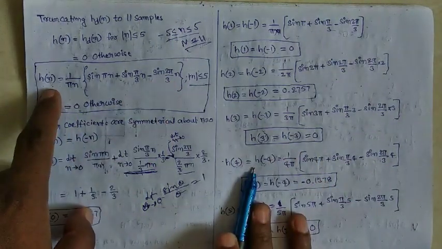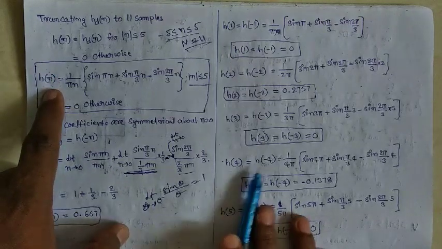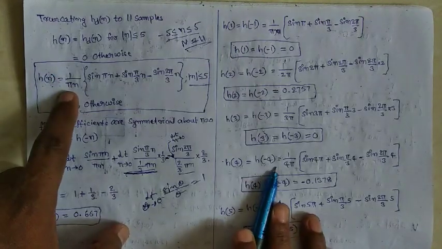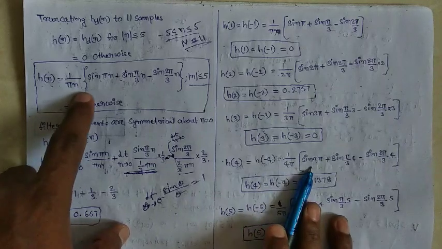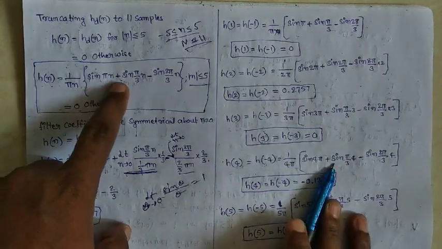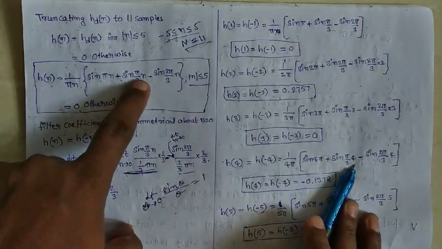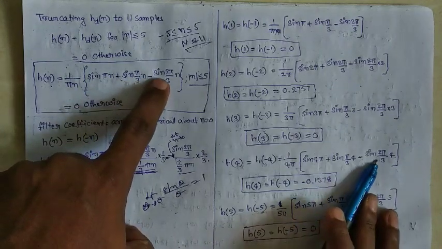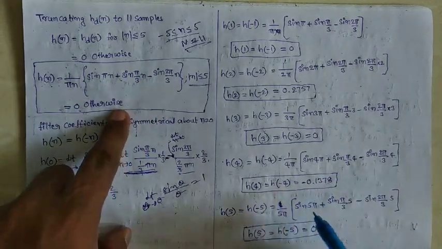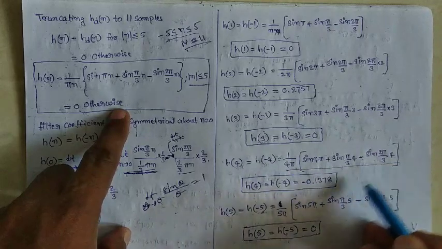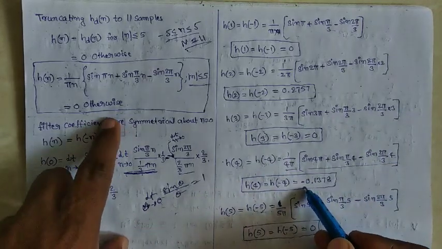Now we substitute n equal to 4: h of 4 is equal to h of minus 4, which is equal to 1 by 4 pi into sin 4 pi plus sin pi by 3 into 4 minus sin 2 pi by 3 into 4. This total value is minus